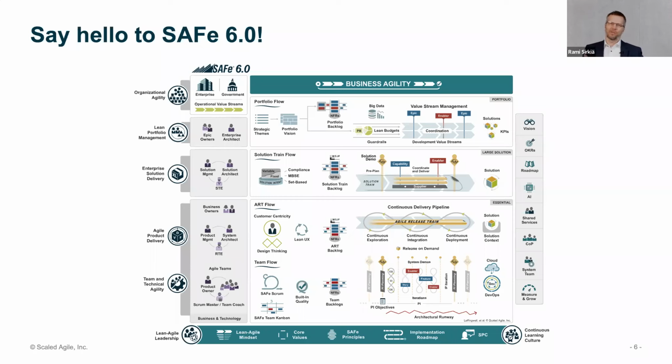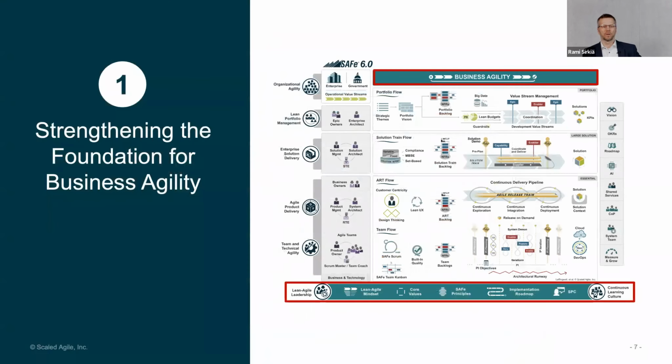Obviously, I can't tell you everything that has changed and go into the details as such. We are going to run this about 30 or 35 minutes perhaps, and then we stop the recording and have some time for questions as well. But my hope is that you will recognize something that you would like to learn more about. So go to this Big Picture and click those icons that you would like to learn more about. I'm not expecting you to learn everything today from my presentation, but hopefully you will recognize the items that you would like to learn. So let's start with the first one.